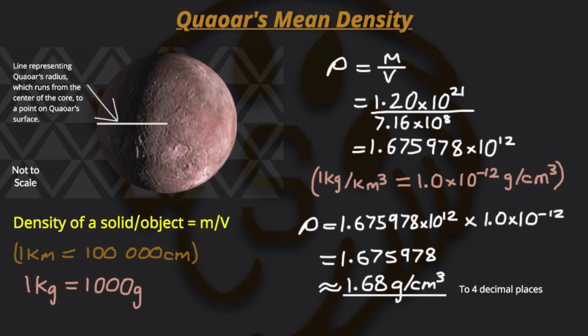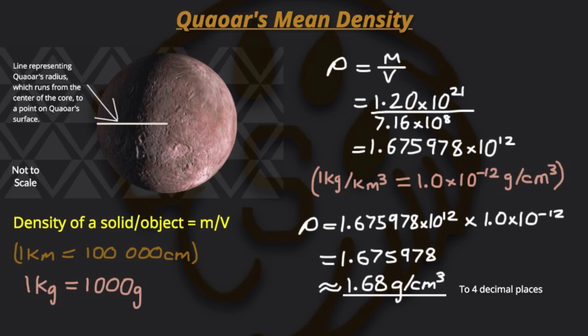And as we can see in the calculations, we did not convert with the rates as we did with the Umea. I think with the Umea we did convert each value, the mass and the volume. We converted them into centimeters and grams so that we could use that unit, grams per cubic centimeter, which is what we're going to use here, but we're going to do it differently this time. So we just divide the volume into the mass in terms of their kilometers and their kilograms, as you can see. So it would be cubic kilometers into the kilograms, and then we get that value,